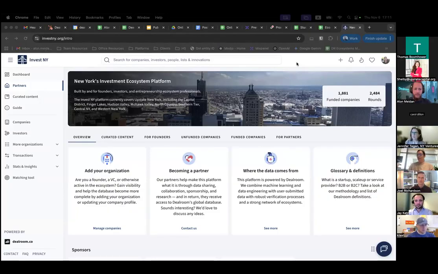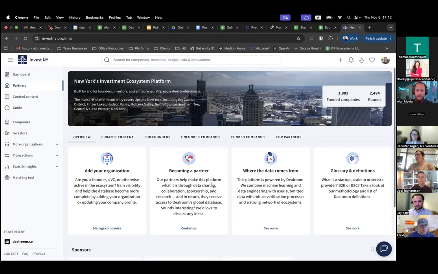So the first page I'm going to show you guys is the partners page. This is basically the home page. So again, once you've typed in or clicked a hyperlink, this is where you're going to get to. A few interesting things here. Basically, these four options. One is about adding your own organization. If it is not there, sometimes we may have missed something, if it's a very new startup or something else. So you can always click this one and talk to us.